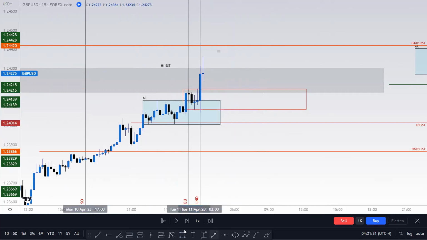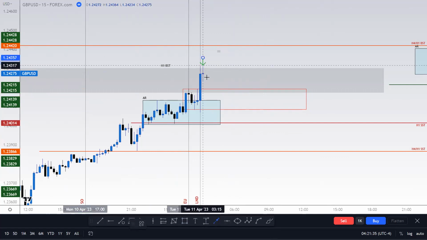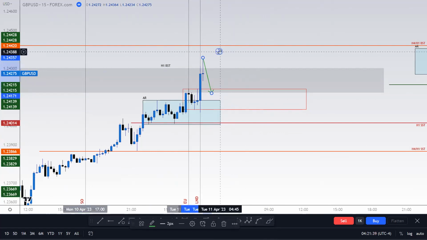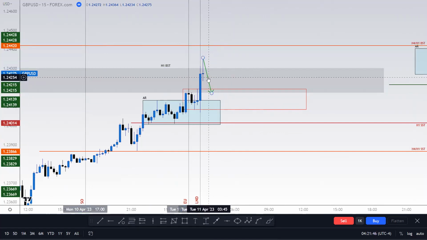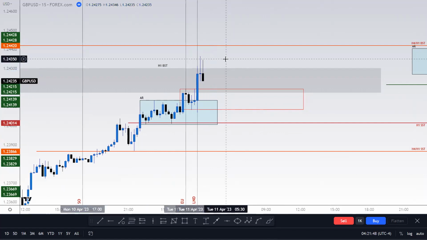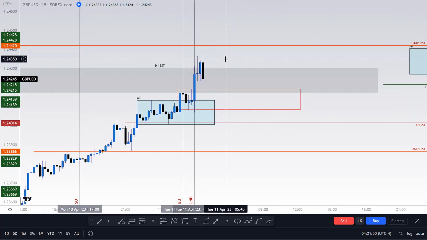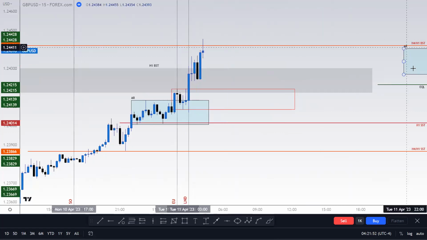So A is going to be a BRR, where price could retest the order block, take out the recent high, as well as potentially the H4 buy side target, and then we look for a 1-minute reversal short. But what essentially happened was price didn't retest the order block and took out the H4 and